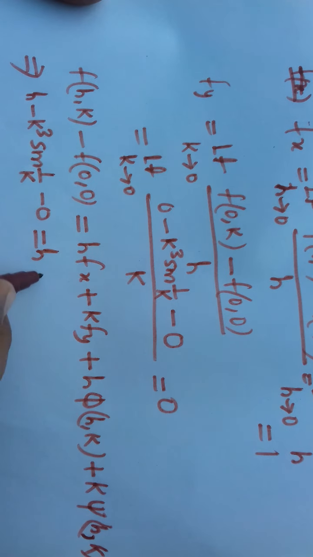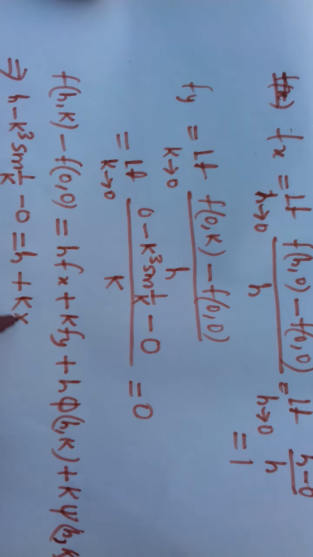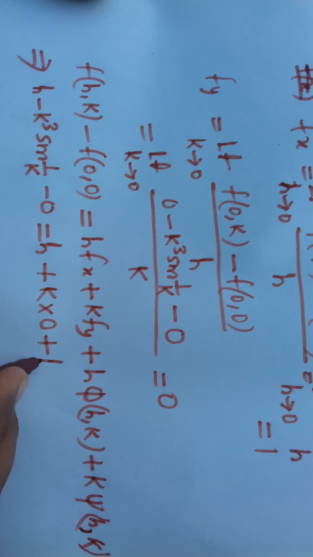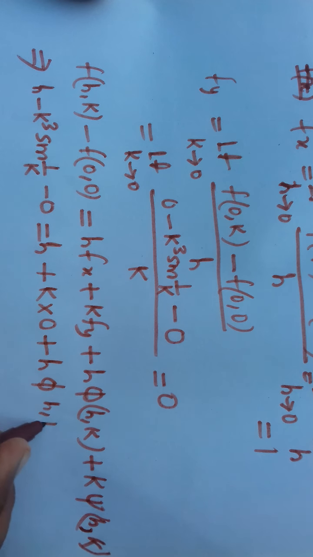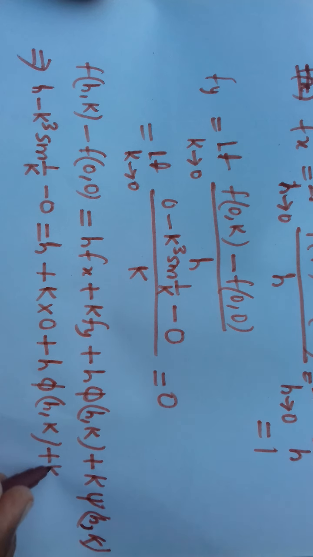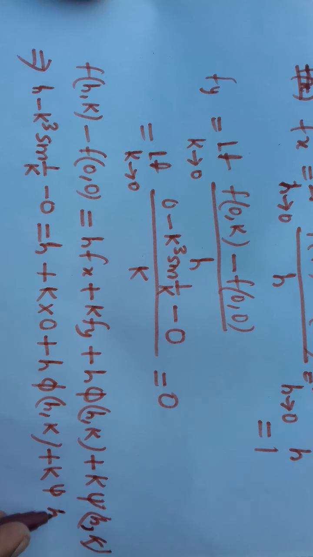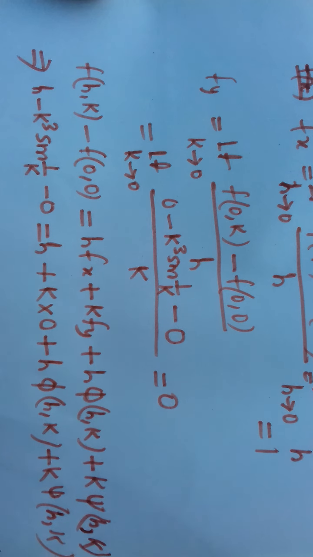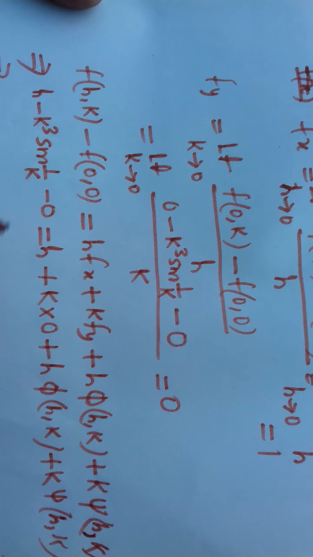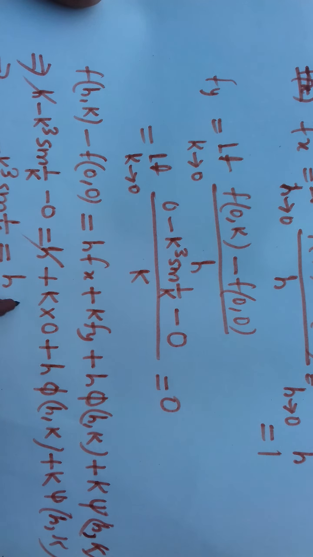So h, and k fy, we got fy to be 0, so this will be 0 plus h phi(h,k) plus k psi(h,k). Now this gets cancelled, this will be 0, so the function becomes k cube sine 1 by k equals to h phi(h,k)